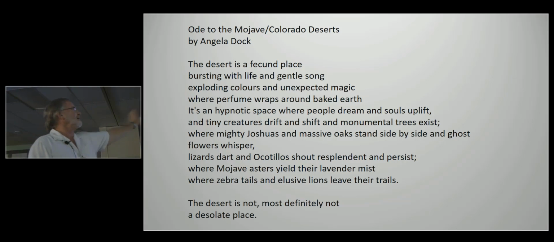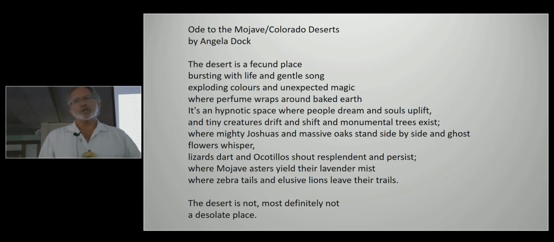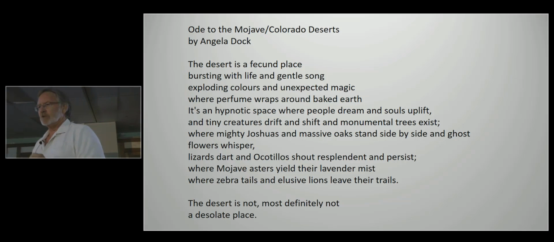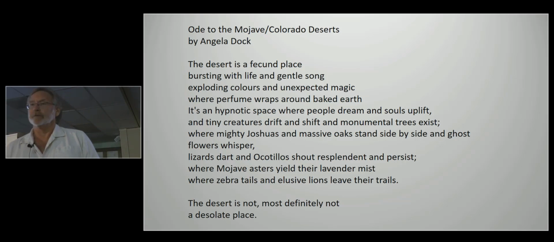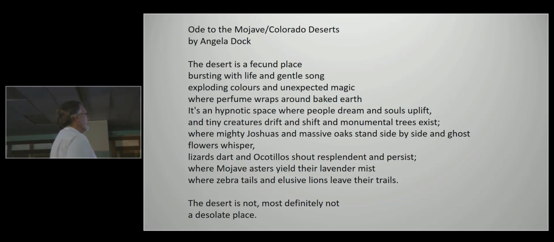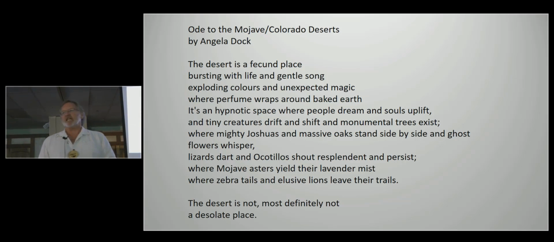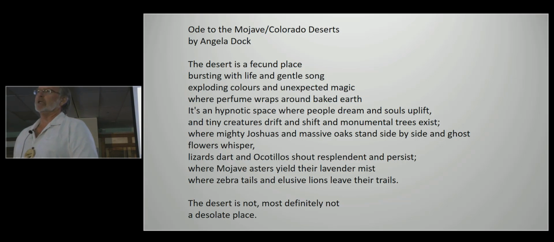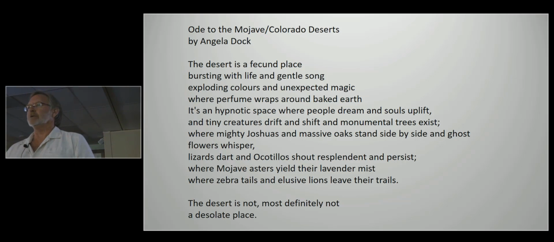And so I'm just going to read it to you just because I think it's so wonderful. I'll say she's from England. And before she showed up, she had never been to a desert before in her life, so she got the Oxford Dictionary out and read what it said a desert was. And it said the desert was a dry, sandy, desolate place where nothing lives. That's what the Oxford Dictionary said.